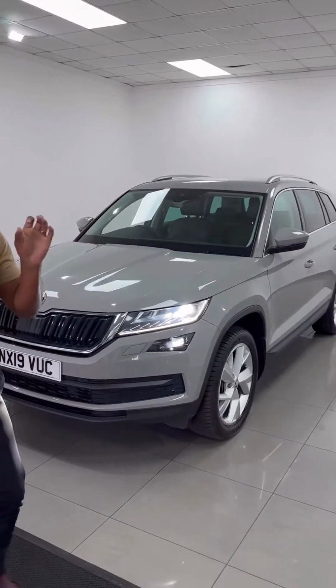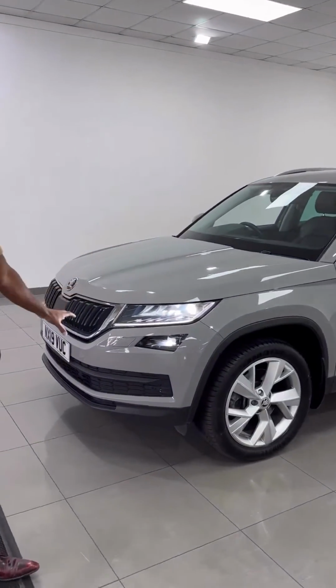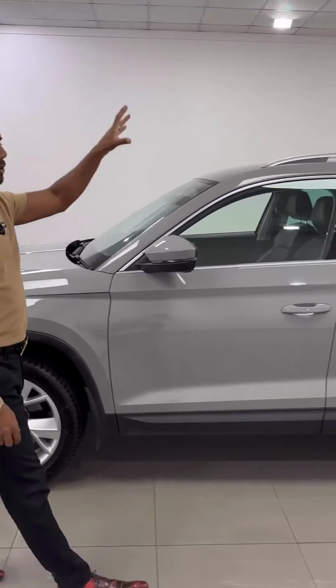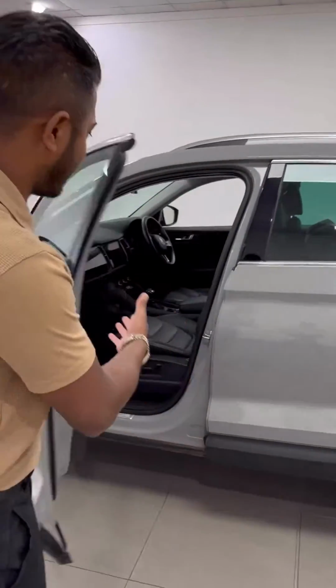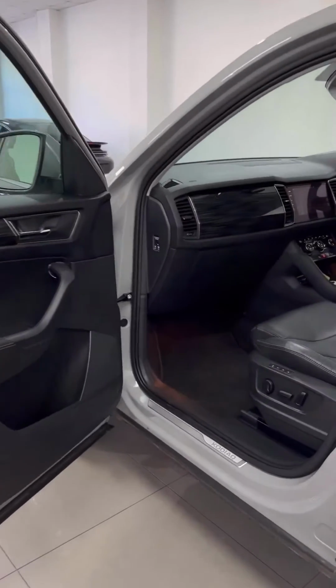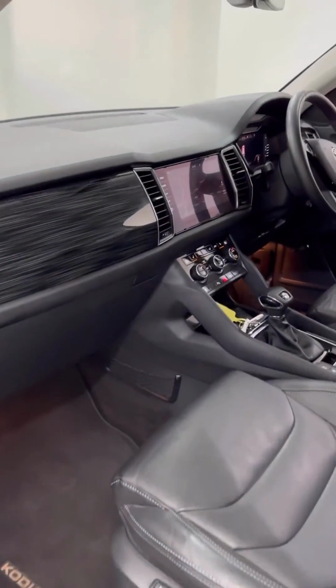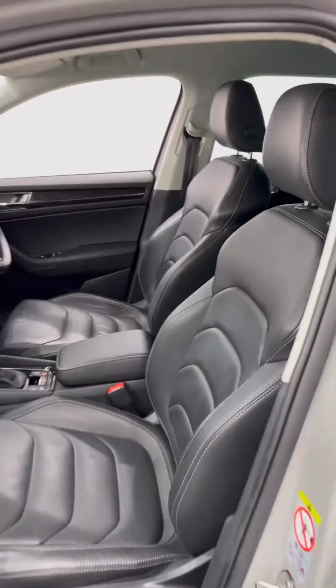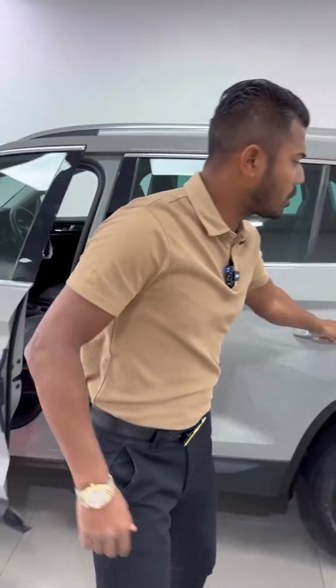With the 7 seats, you still get a boot space. You've got all the LED lights front and rear, the upgraded beautiful wheels, sun protection glass, roof rails, but then you have spec like this: electric memory heated seats, touchscreen navigation system, you've got the DSG gearbox, multifunctional steering wheel, the virtual dashboard. You've then got things like electric deployable tow bar,